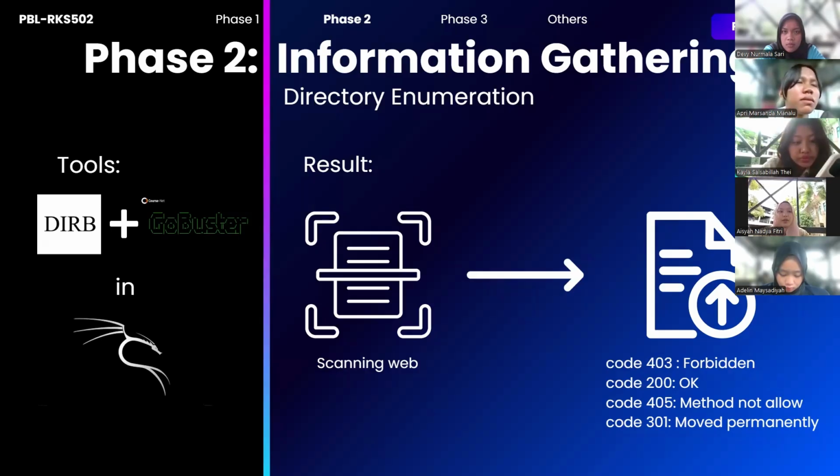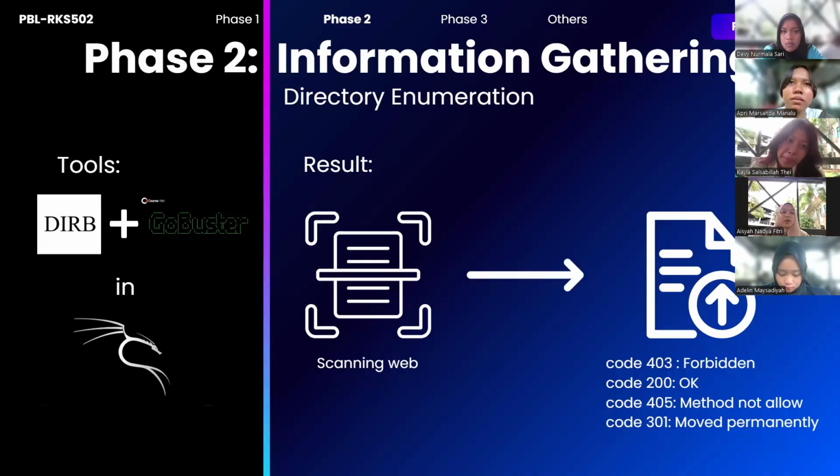The tools I use to find hidden files are Dirb and Gobuster. Let me explain each tool. Dirb and Gobuster are open source web content scanners for finding hidden directories, files, or web objects on web servers. Brute forcing web directories and file names on a web server can often reveal unprotected web applications, scripts, configurations, and many other interesting things that should not be publicly available. And all of this work is done in Kali Linux.